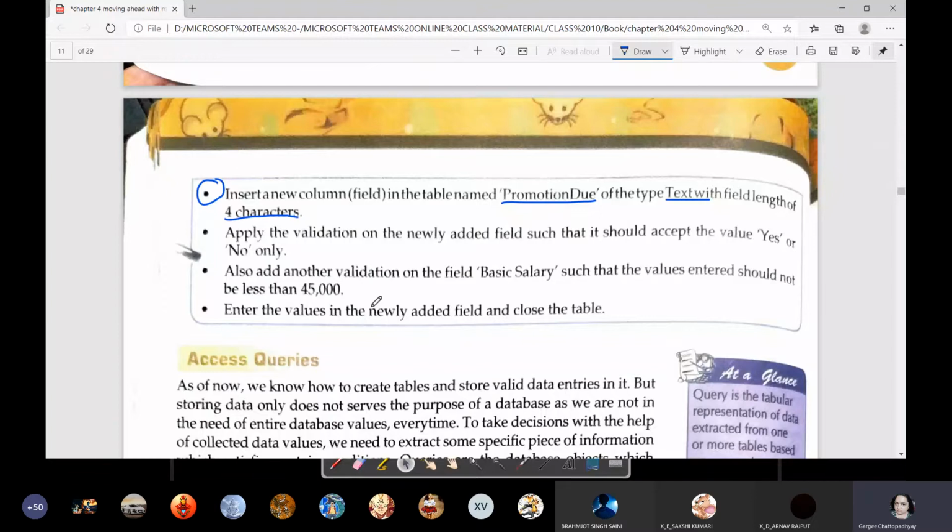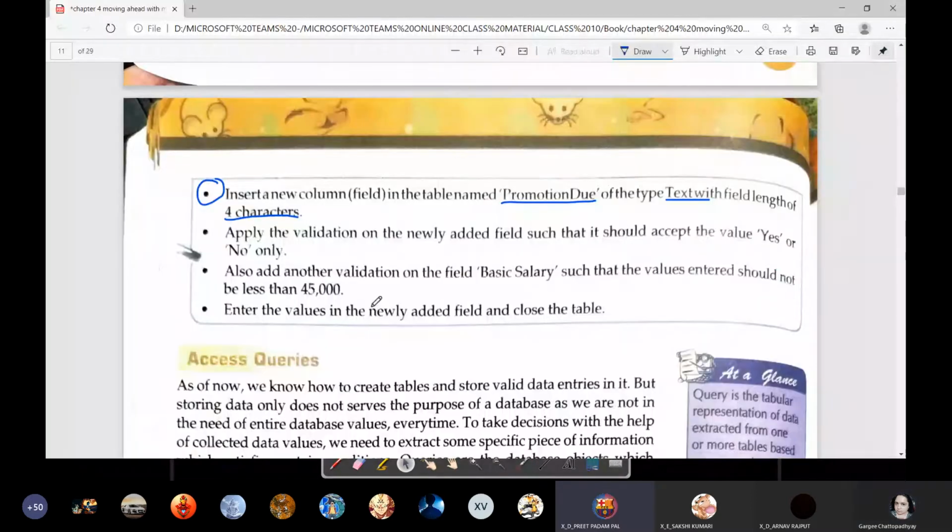Neither is there validation nor an input mask here. Very easy. You just have to set one field property. Which field property? The question is open to anyone.